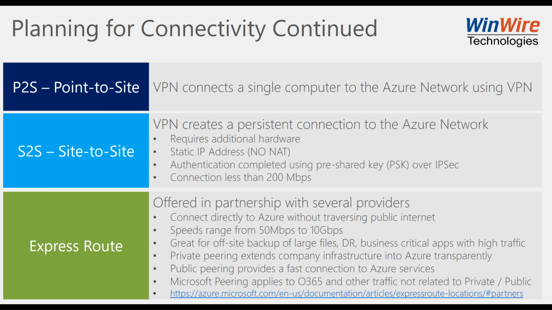And then finally, you're looking at ExpressRoute. That's a dedicated connection, right? So if you have an MPLS network or you've got dedicated Ethernet running around, that's the same thing that you're talking about today. It's just that you're extending directly into Azure. For ExpressRoute, you can do private peering, which is extending your data center right into Azure. You can do public peering, which provides direct internet connections to the Azure services. And then Microsoft peering. So for instance, if you have a hybrid Exchange environment, you can connect directly to Office 365 and bypass the other two.